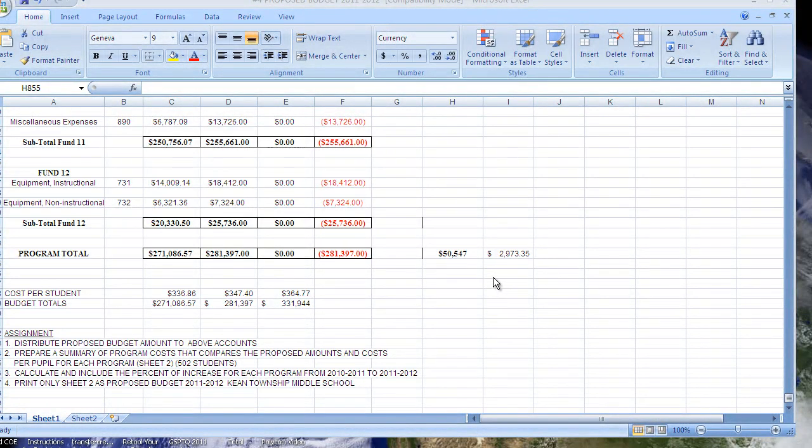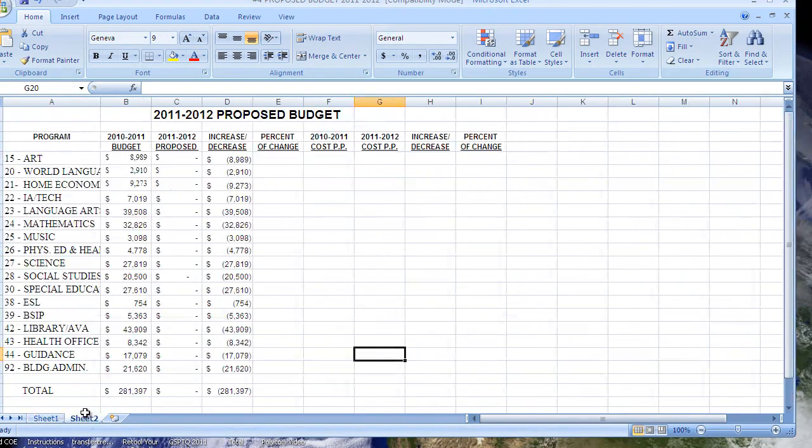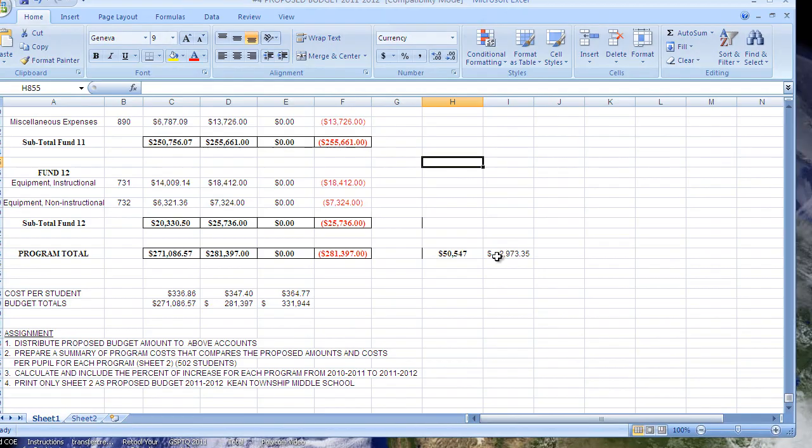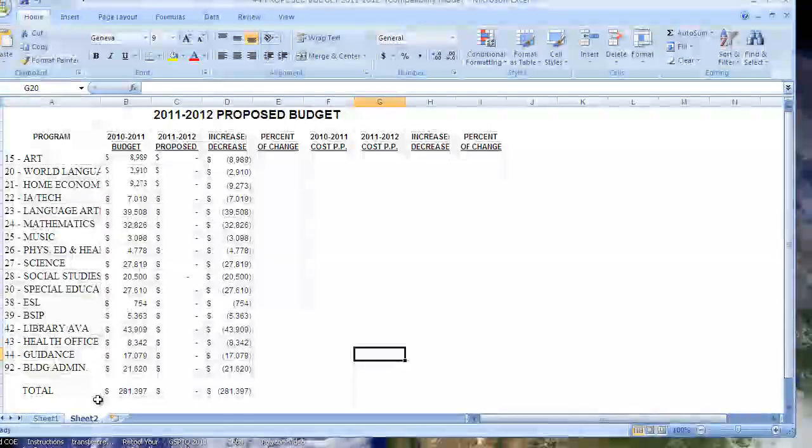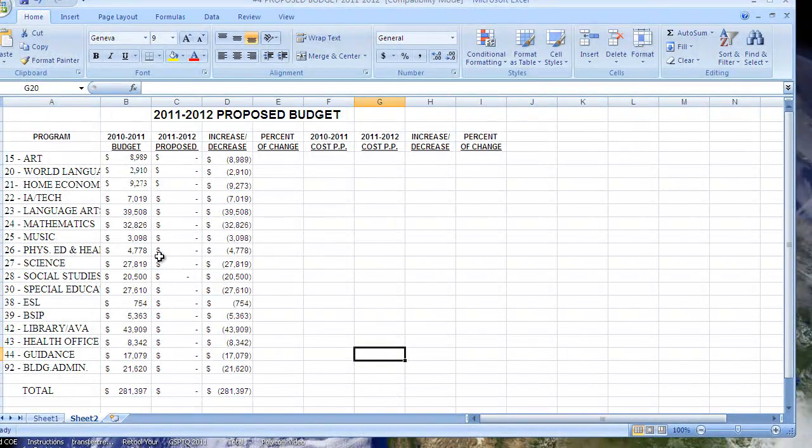So in most of the line budget items, for example, we're going to be doing increases. So we divided the $50,547 by the 17 sub-budget categories that we have on sheet 2, these 17. If we were going to divide this $50,547 equally among those 17 categories, each category would get $2,973.35. But if we look at these categories, we can see that some of them are pretty big: 39,000, 32,000, 27, 43,000, and some of them are pretty small: